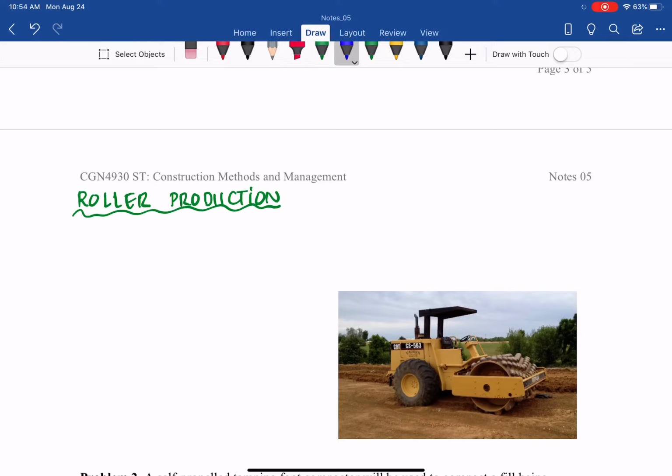And how do we determine the roller production? It is measured by volume per hour, so the volume is measured in compacted cubic yards, and production per hour is given by the equation: